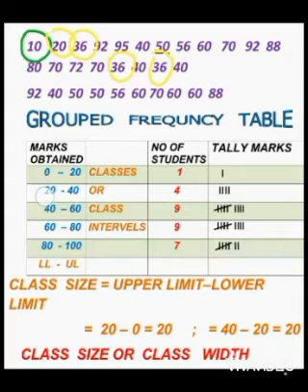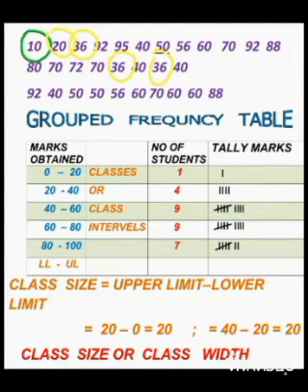And in the second class interval, what do you have to consider, children? 20 to 40, isn't it? So in the second class interval, 20 to 39. How many students got marks from 20 to 39? 4 students got, see, I have encircled with yellow color. 4 students got, like 20, 36, 36. Here you are not going to consider 40 in the second class interval. So 40 you should consider in the third class interval.